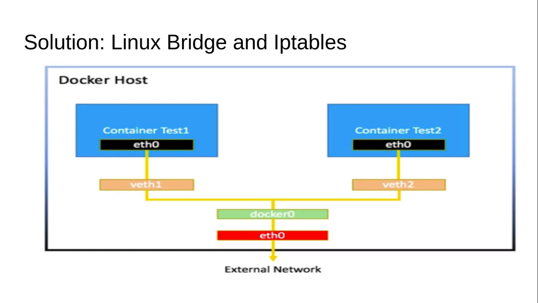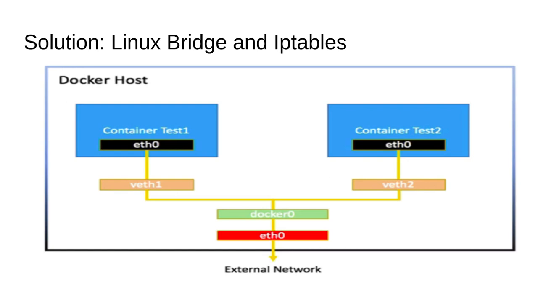Okay, so we know that there are basically four types of networks, that is none, host, bridge and overlay. In this scenario we have a bridge network. So this docker0 is a bridge network. When you install Docker, there are typically three network drivers created by default. Out of that, this bridge network is the default one. If you don't provide any network, in that case your container will be deployed on the bridge network. So this docker0 is nothing but a bridge network.